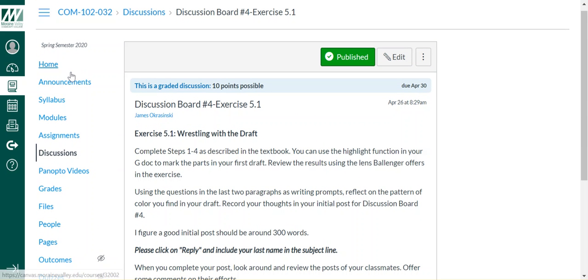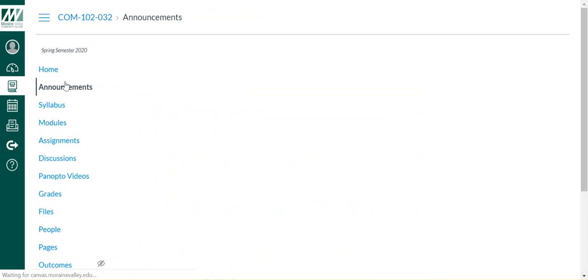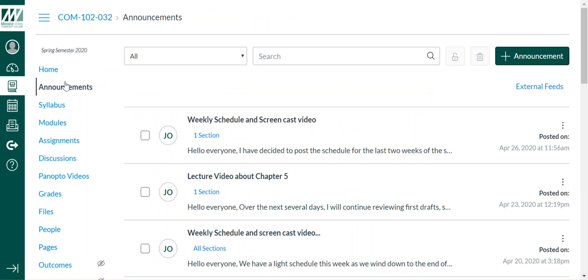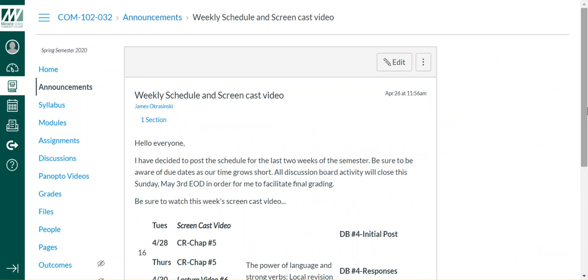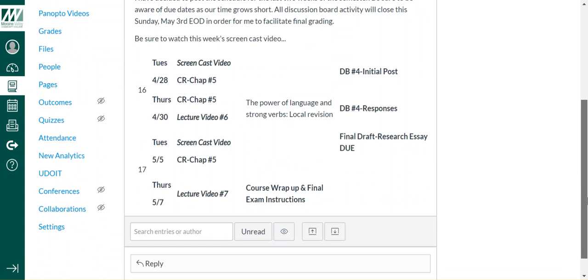Let me get back to the announcements page, right? Let's take a look at the schedule here. That's right. And yes, that will be our wrap up, the last discussion board activity of the semester. And then we're going to get into the final draft and then look forward toward the final exam. And I'll come up with special instructions on those on the final exam to accommodate the fact that we never